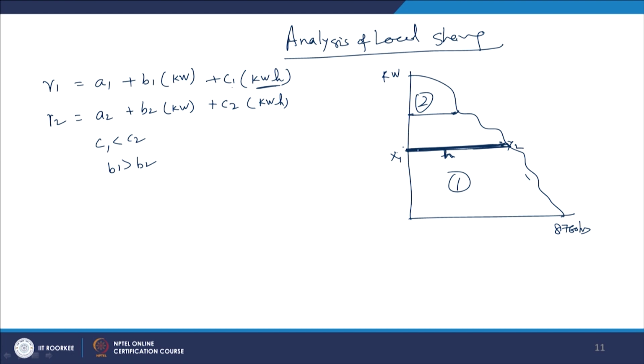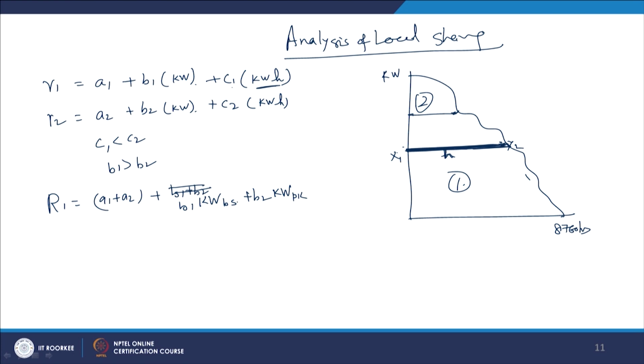When you are operating at this point, what is the total cost? So, total cost R1 is equal to A1 plus A2 plus B1 plus B2, sorry, not B1 plus B2, it is B1 kilowatt, this is base plus B2 kilowatt peak. They are different. Kilowatt, this is base kilowatt, this is peak kilowatt. Because R1 we are using for the base plant, 2 is you are using as a peak plant.